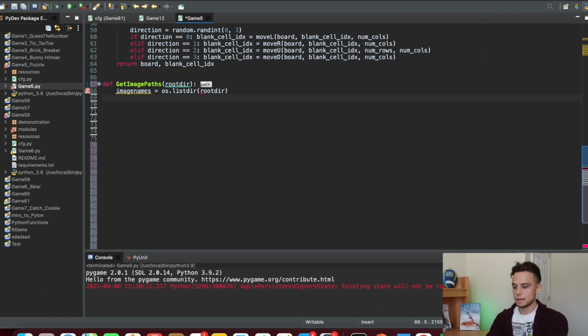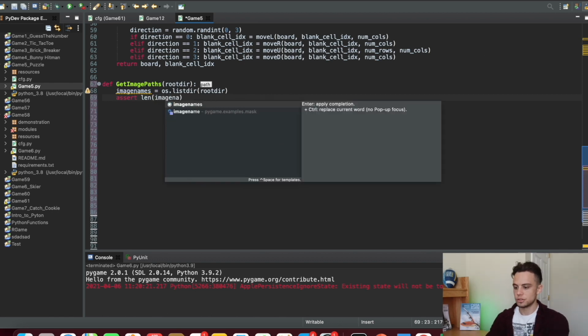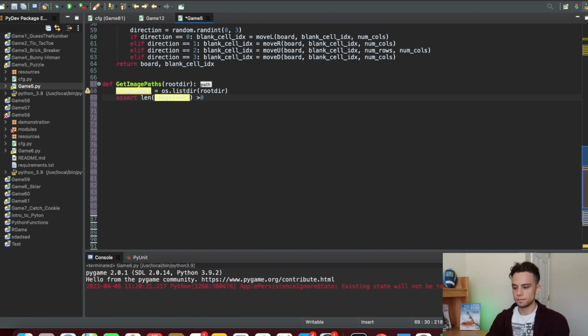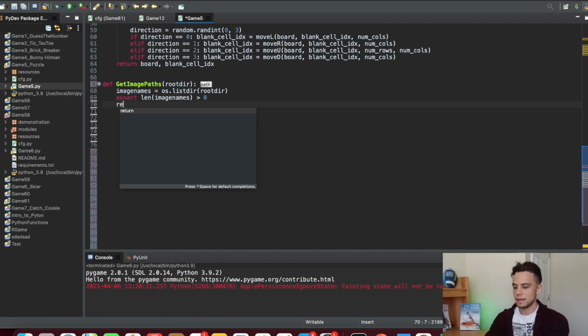Now we need to check if everything with our files is okay, so for that reason I write assert. So assert len of image names should be higher than 0 if you want to continue with this function, and then we will return